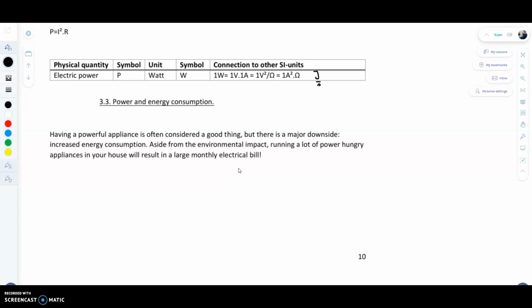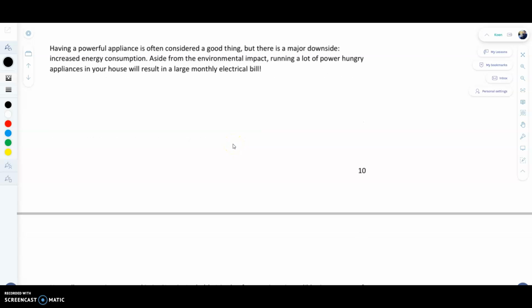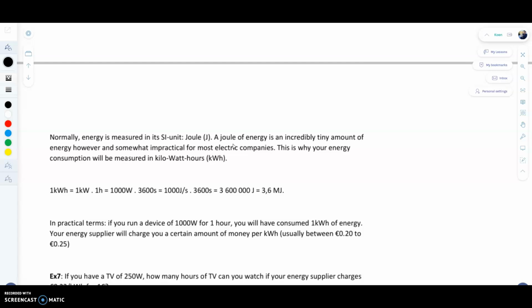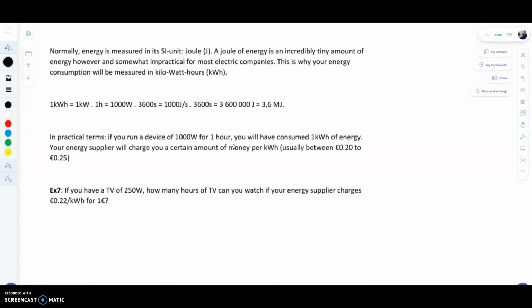A lot of power means a lot of energy used, and that means you will get a fairly large monthly electrical bill if you're not careful. So in some cases, you want your devices to be as power efficient as possible. For instance, your fridge is a device that's going to be on all day. You do not want it to consume a lot of energy. But if you want something like a drill, you do want something that is very powerful, so it depends on